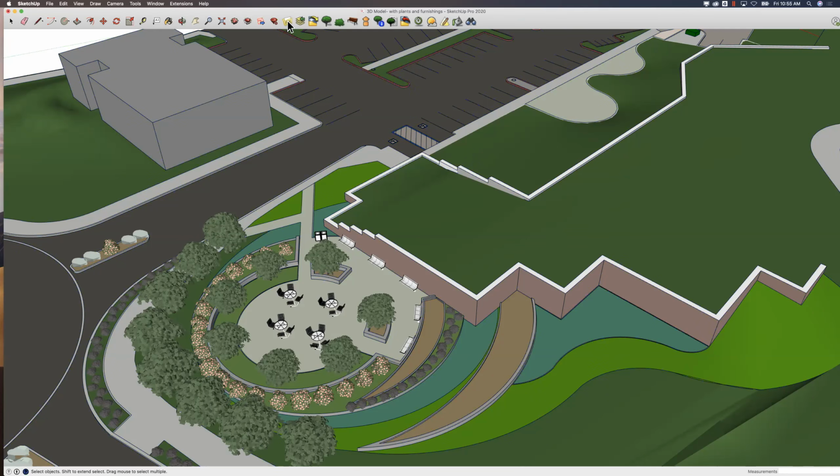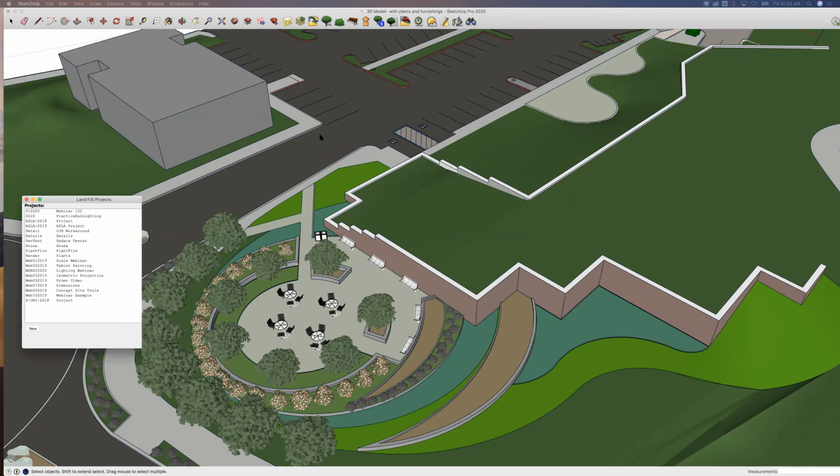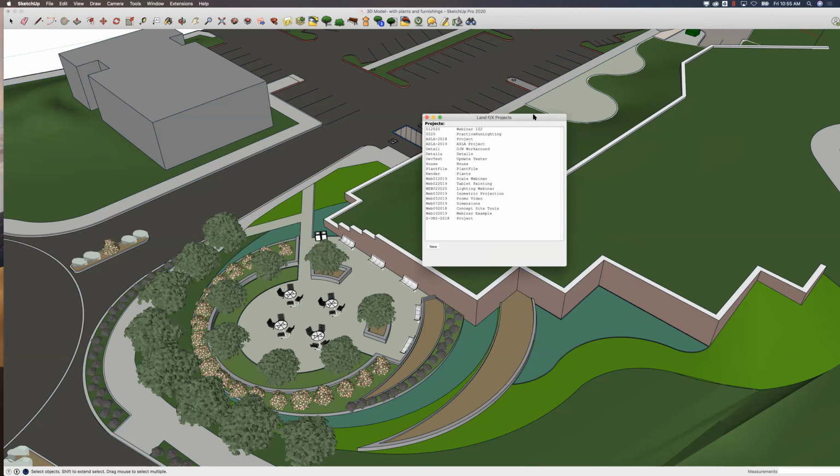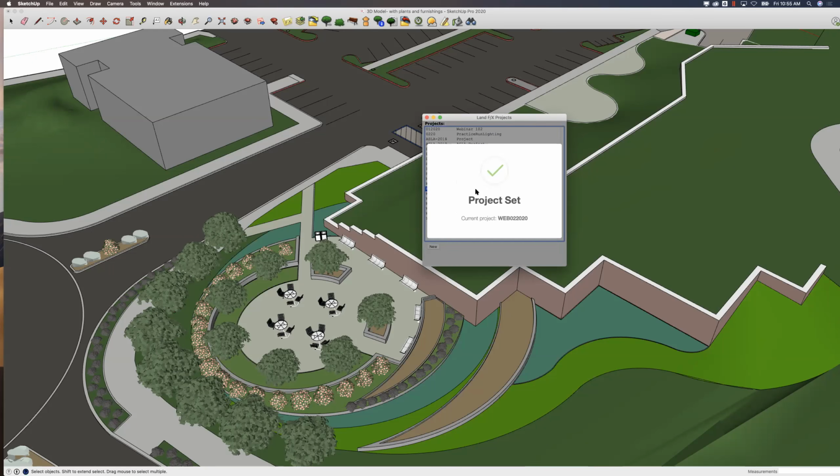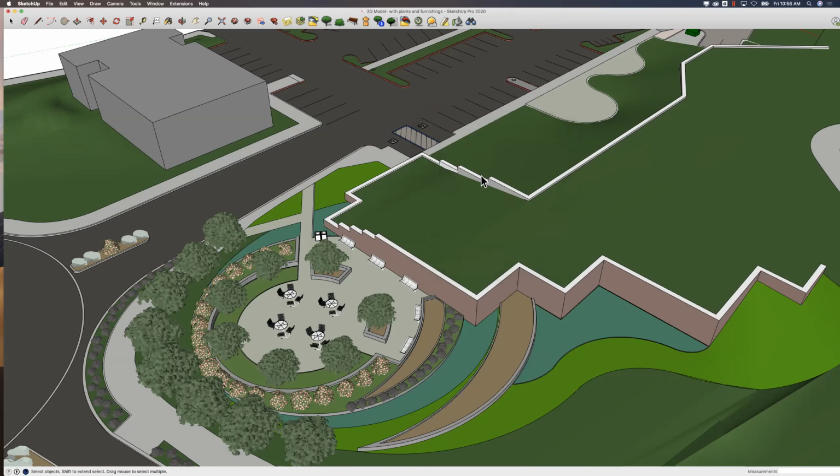So let's get our lights in there. If you don't have the Land F/X add-on for SketchUp, you'll want to go to our website and read up on how you can install that. It is free. But once you do have it installed, you want to assign your project to the project that you're working in. So I'm working in my lighting webinar 2020 project. So once that's set, I can now go to my import